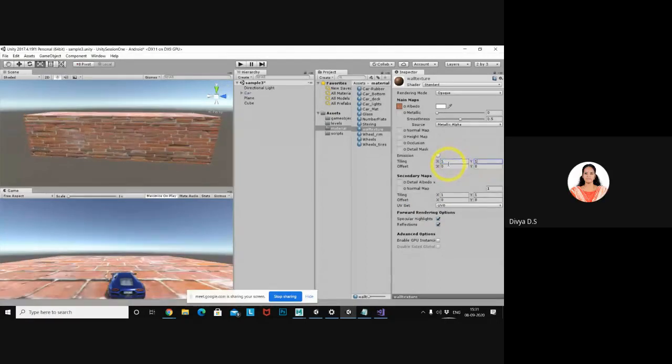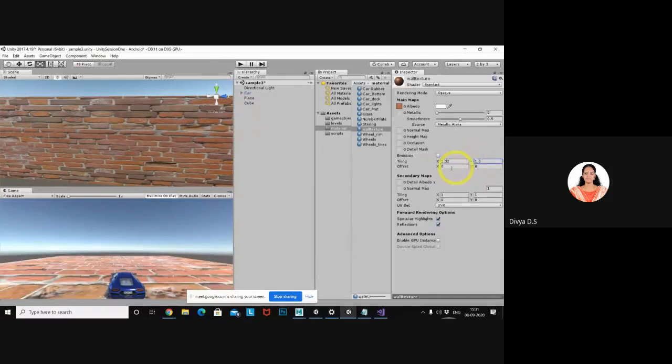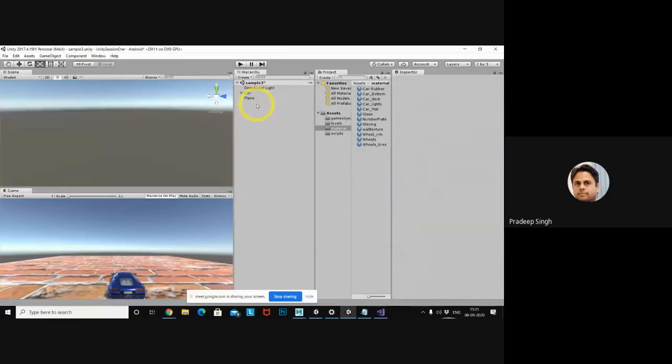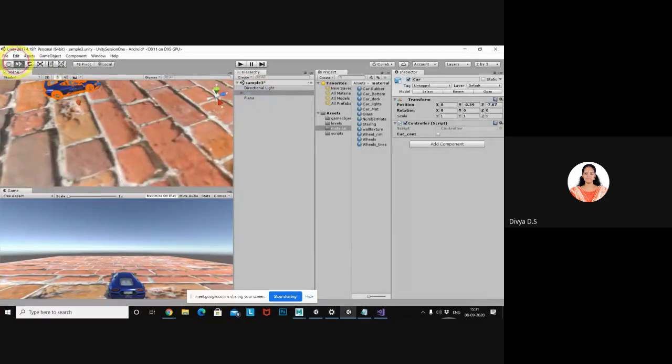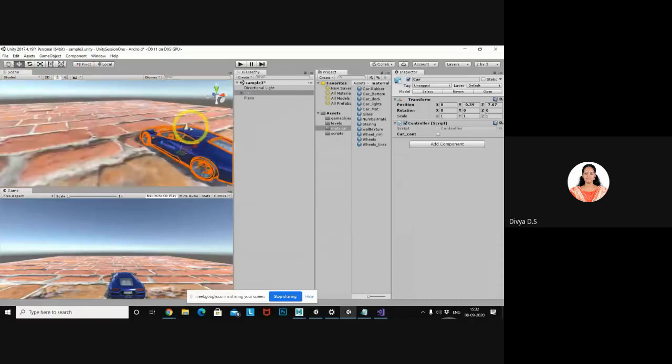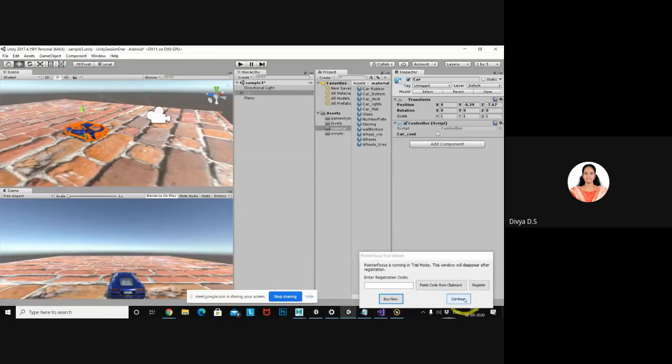I have a doubt. Sir, do we have to place the main camera along the direction where the car is moving? Then only we can move the car.